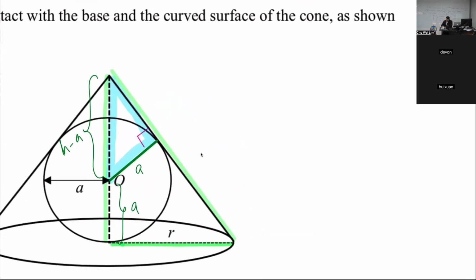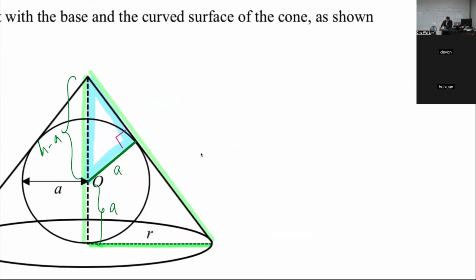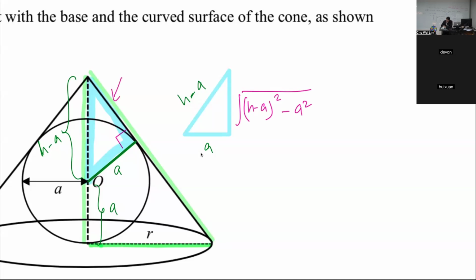Okay, so now let's draw the triangle. I draw the blue triangle first. This blue triangle, the slant height here is h minus a, right? This is a, right? So then this gives us the other side will be square root of h minus a whole thing square minus a square, right? So, okay. And then for this part here is